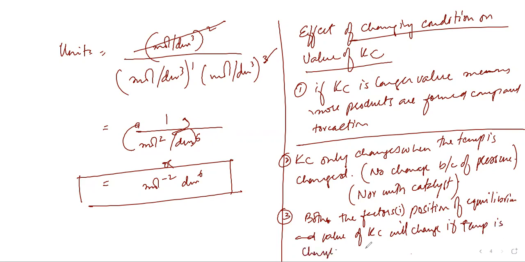अब इसकी मिसाल से बताते हैं। If the temperature is changed, both position is affected and Kc value, obviously the position को affect होगा। ज़्यादा रिएक्टेंट की बजाय कम रिएक्टेंट, सॉरी, ज़्यादा प्रोडक्ट की बजाय कम प्रोडक्ट फॉर्म होना शुरू होगा या रिएक्शन बैकवर्ड को फेवर करने लगेगा, तो Kc की वैल्यू ऑब्वियसली चेंज हो जाएगी। And that depends on the profile of reaction. हमने Le Chatelier में पढ़ा था कि increase in temperature favors the endothermic side of the reaction only. तो उसी बेसिस के ऊपर यहाँ पे चेंजेस हमें नजर आएंगे।